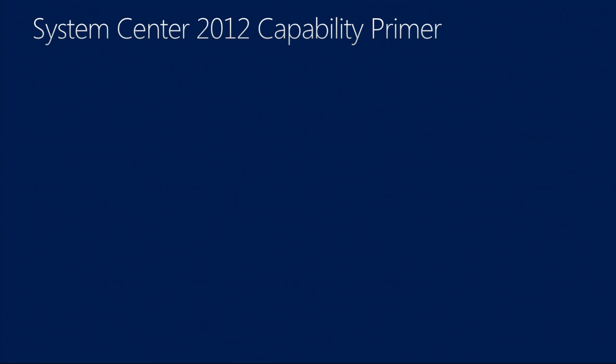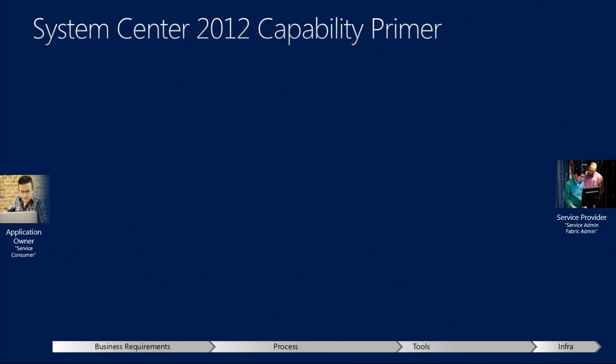In terms of functionality, I want to talk about it in terms of a broad scenario and what kind of things can come to life as a result of the System Center suite of products. So I want to introduce the notion of an application owner on one side, where they're more focused on the business requirements, and then there's process and a set of tools at the infrastructure level that you need to put in place so that you can deploy all these solutions on the infrastructure. So for example, let's say we wanted to build a SharePoint solution. The application owner